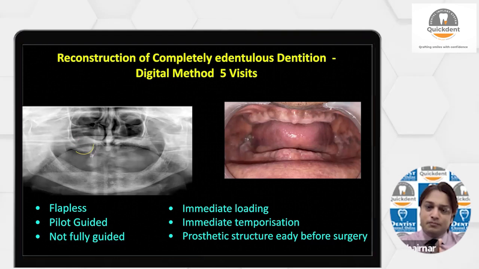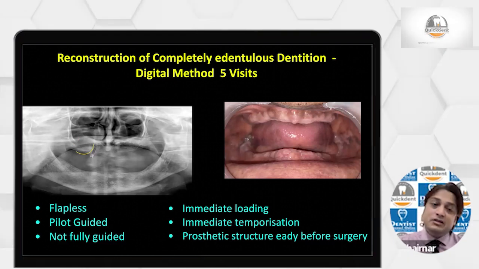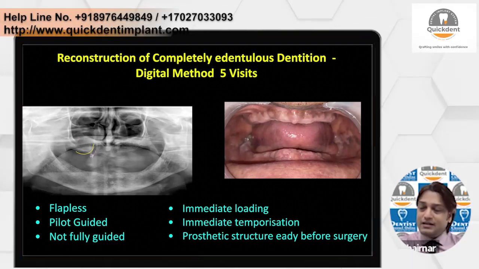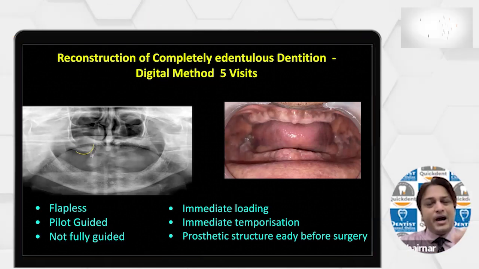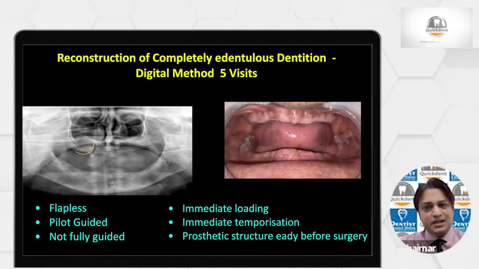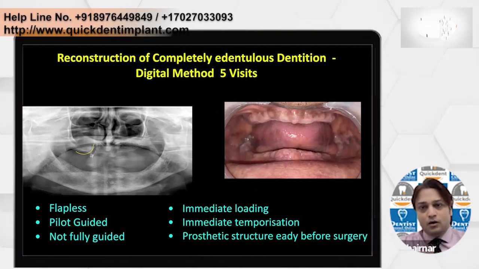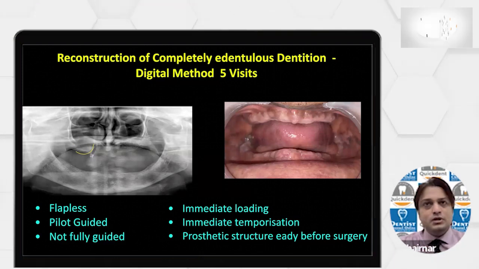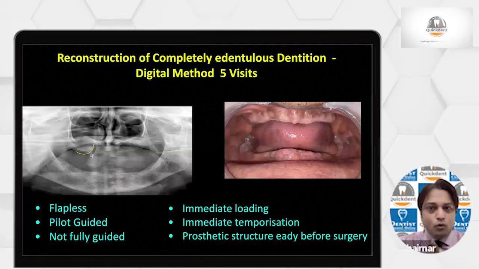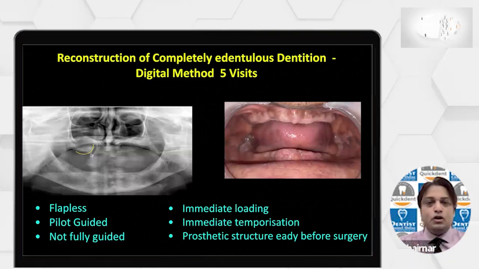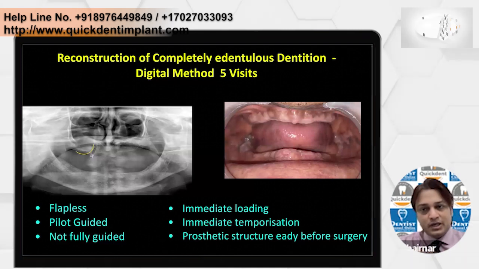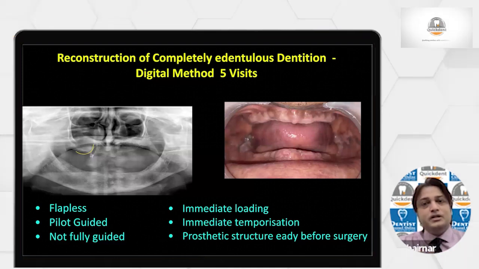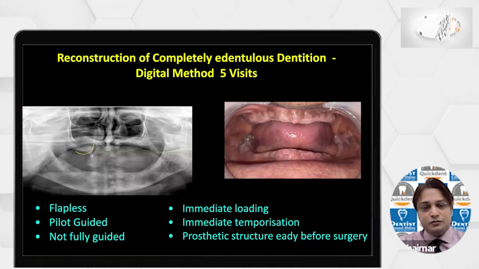So this case we also did, but with the guided approach. Not fully guided, but pilot guided. Now what is the difference between pilot guided and fully guided? Pilot guided means that with the guides, you will do only one drill. Only the pilot drilling is possible. After that, for any sequential drill you have to remove the guides, so you get an orientation of the direction, but you will not do the complete procedure. And what is fully guided? That means all the drills you will be doing, and at the same time you will place the implants through the guides also. That is fully guided.